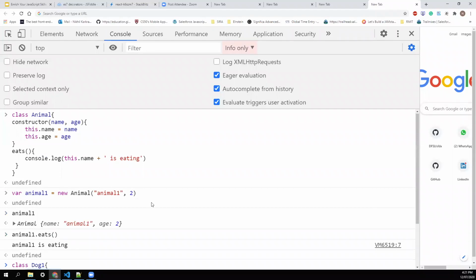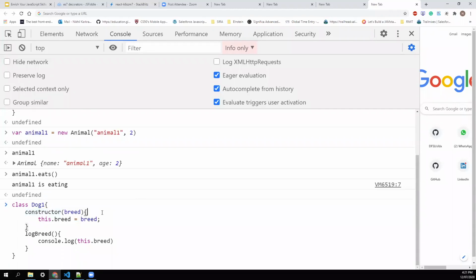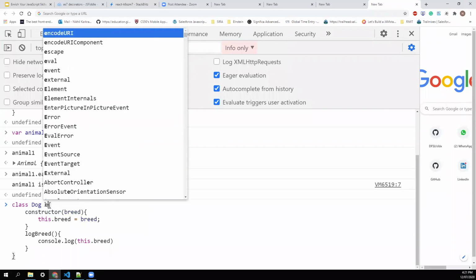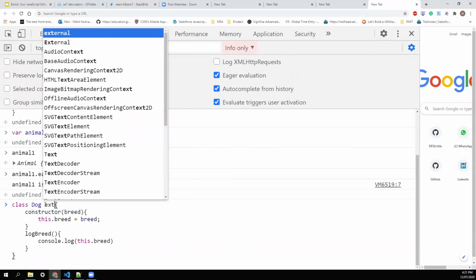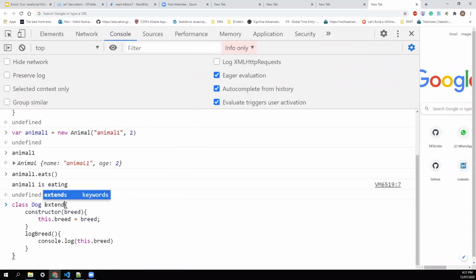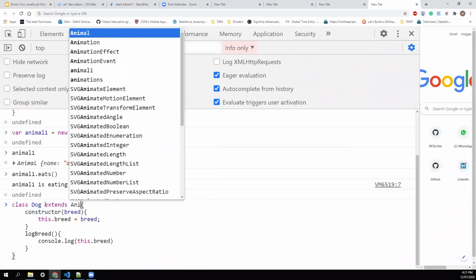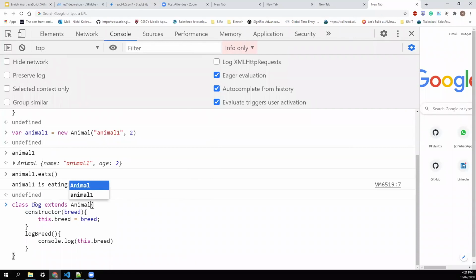To do that, we say Dog extends Animal. Extends is the keyword for inheriting. We'll say the Dog class should extend the Animal class.